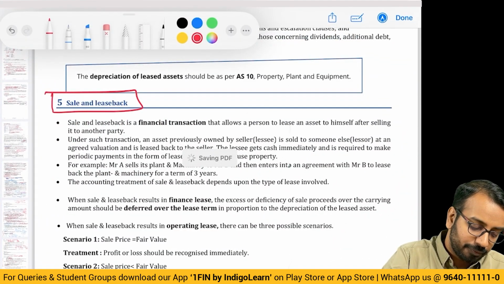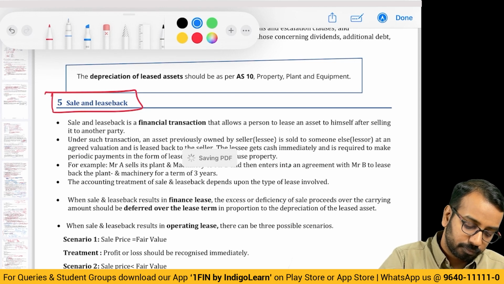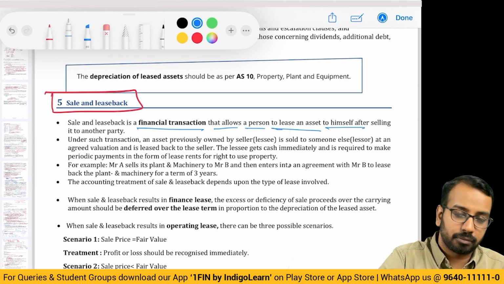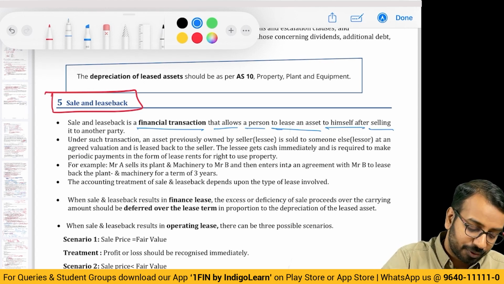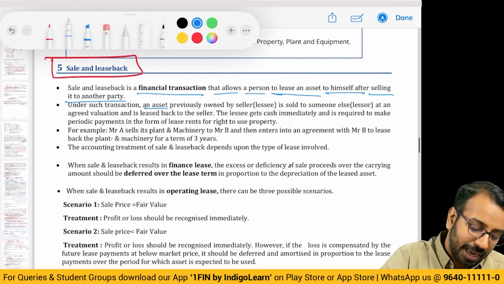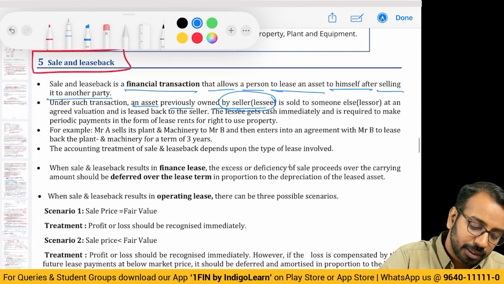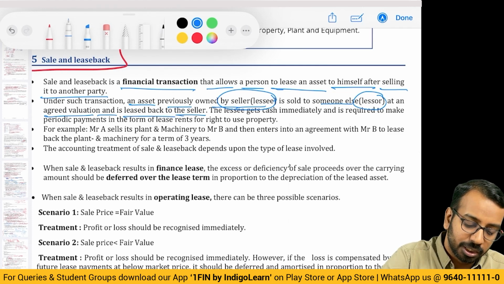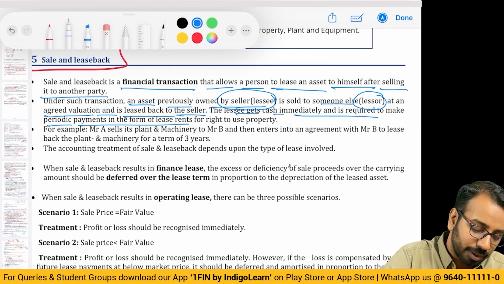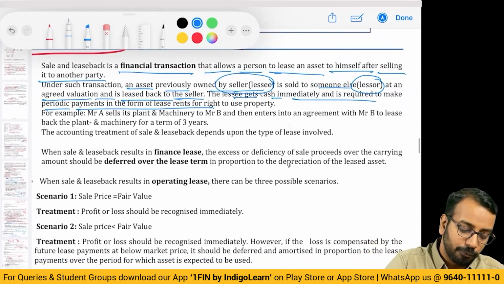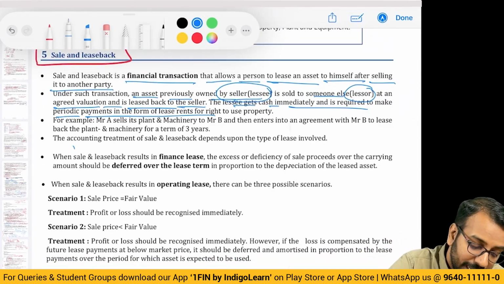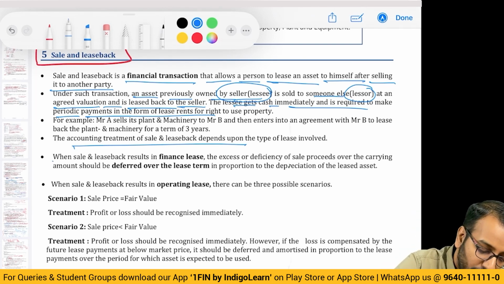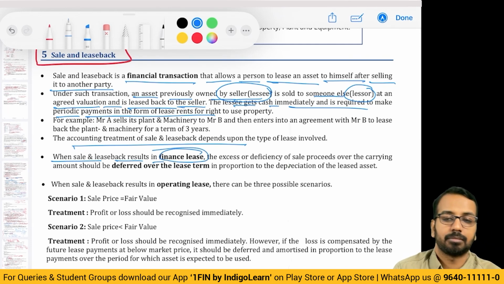Sale and leaseback is a financial transaction that allows a person to lease an asset to himself. So I am leasing the asset to myself after selling it to another party. An asset previously owned by the seller-lessee is sold to someone else, the lessor, at an agreed valuation and is leased back to the seller. The lessee gets cash immediately and is required to make payments in the form of lease rents. Now, what you have to understand is, the accounting treatment depends on the kind of arrangement we have entered into. First, when sale and leaseback results in a finance lease,